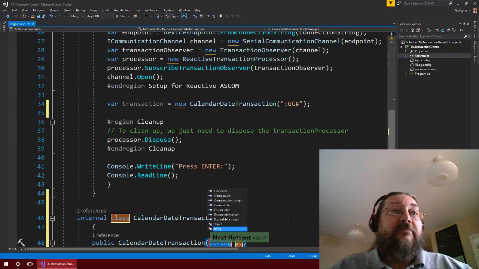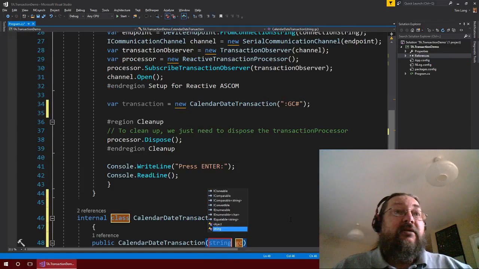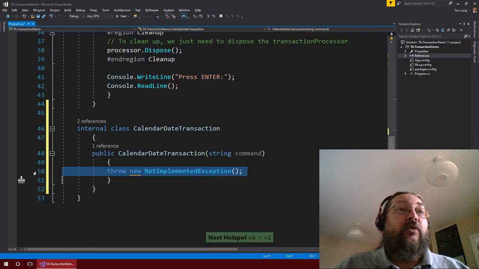Okay, now Resharper has automatically put in a constructor for me, so we're going to take a string which is the command that we want to send, and then we don't want to throw this exception. What we want to do is just pass that. Okay, so we need to inherit from a base class. All transactions in Reactive ASCOM ultimately inherit from this base class called device transaction. It's an abstract class, you can't new it up, you have to inherit from it,